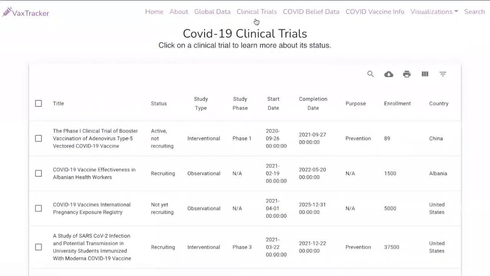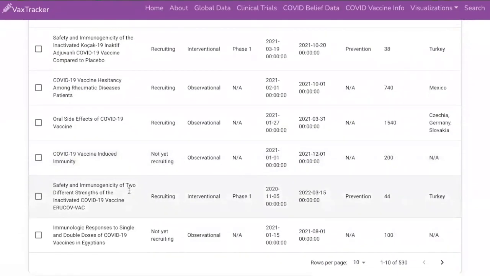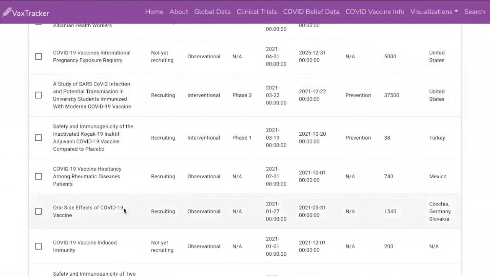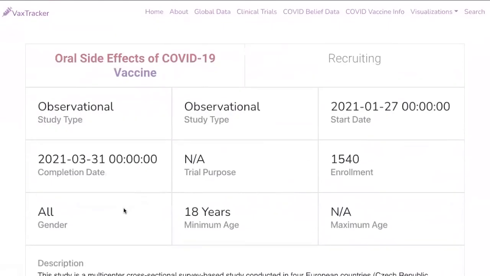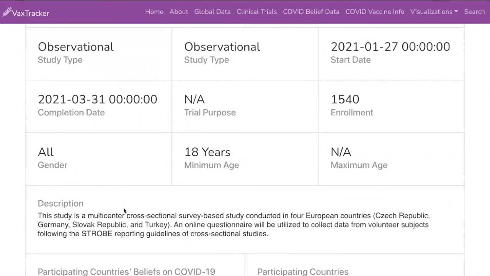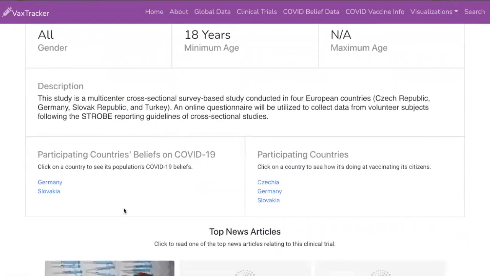Our next data model is the clinical trial model. Each COVID-19 related clinical trial has an associated database entry, a UI table entry, and a custom model instance page. Each clinical trial instance page contains a dashboard similar to the one used in the countries model. The dashboard shows quick, useful bits of information like the study type, enrollment size, and